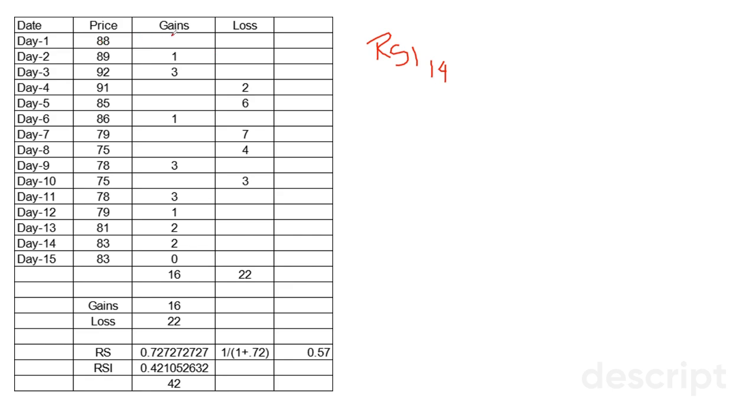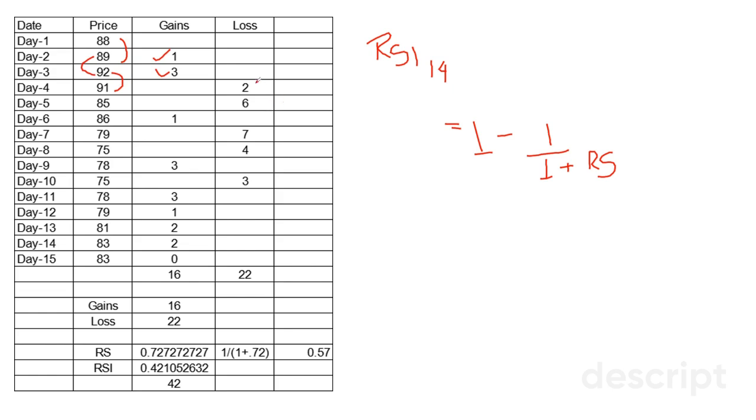In order to get RSI, what do you have to do? RSI is nothing but 100 minus 100 divided by 1 plus RS. What is RS? RS is nothing but the sum of all the gains divided by the sum of all the losses. It looks very clumsy, but guys, it's very, very simple. If we subtract this from this, we get a positive one, so we write this as the gain. If we subtract this by this, we again get a positive, so we write this. But over here, see, this is a difference of 1.